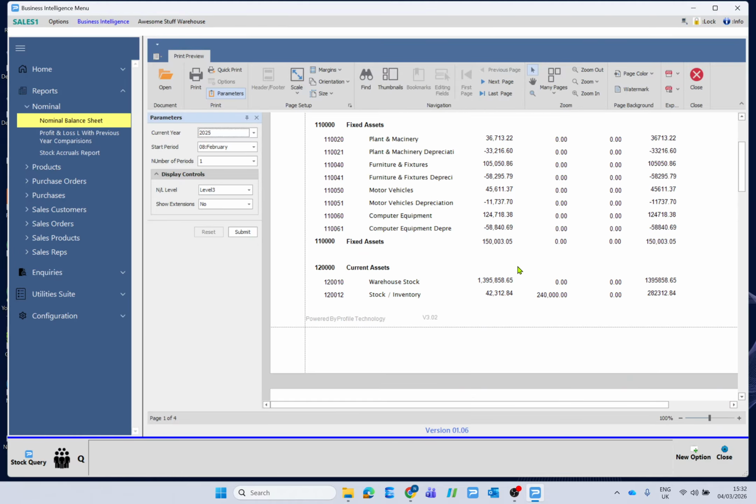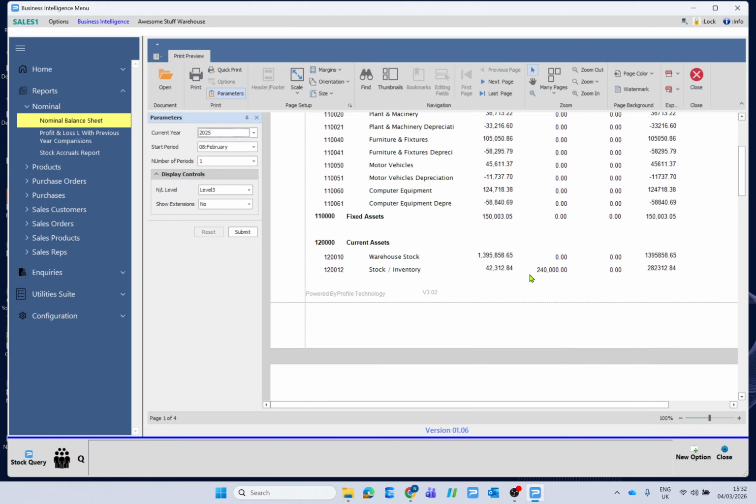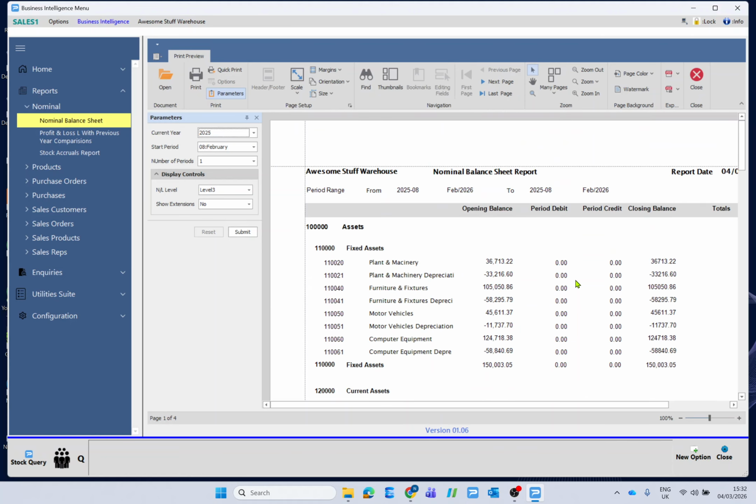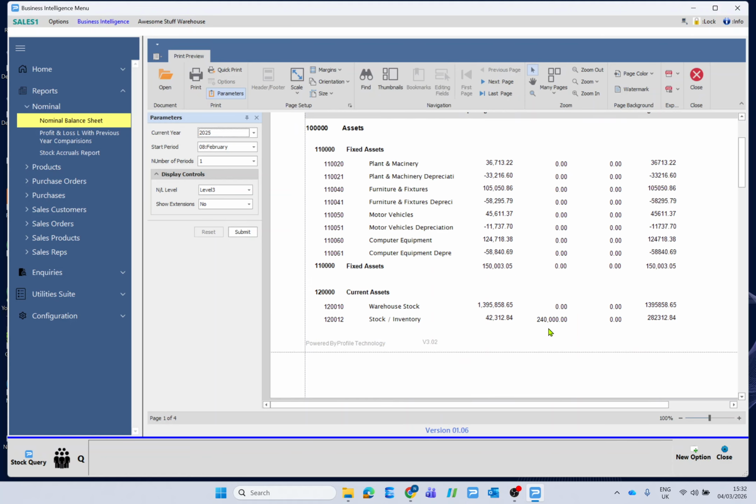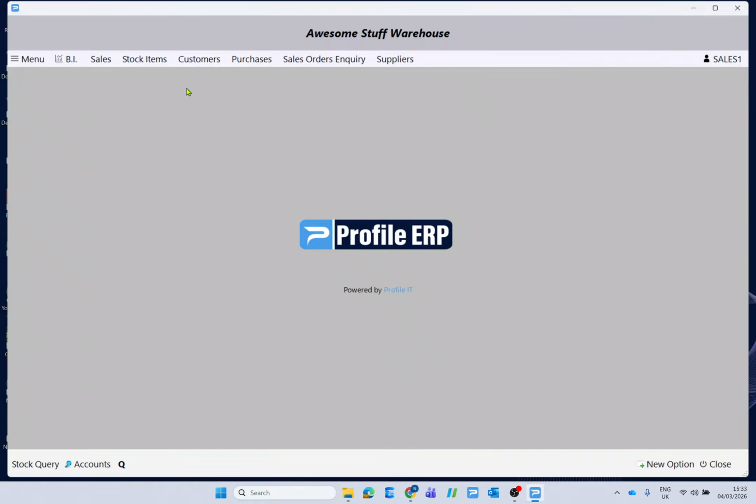Now, if we go down to our current assets, we can see the value of our stock inventory there is 240,000 because there's another journal in there from a previous batch that I was doing beforehand, but it'd be 120,000 when you look into it. So we close back out of here,